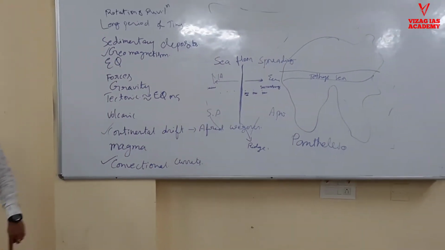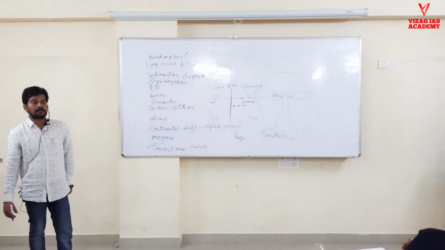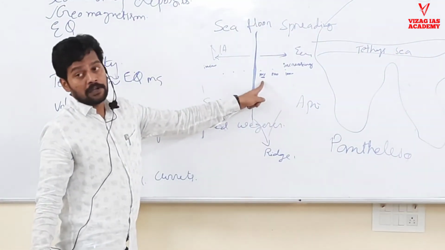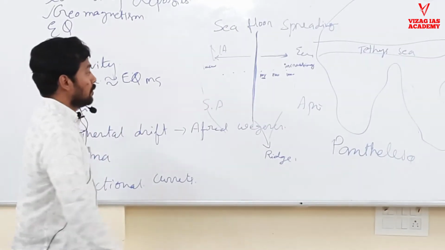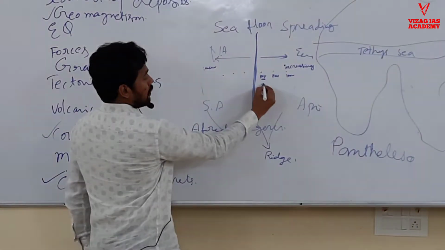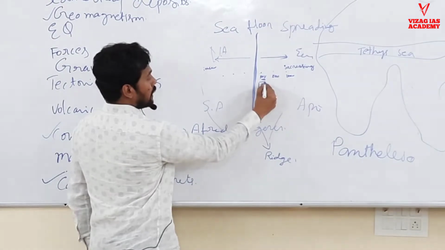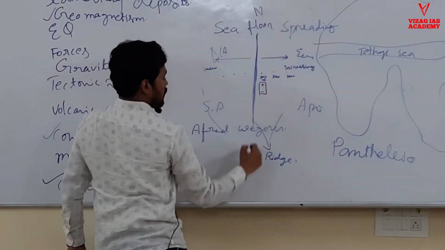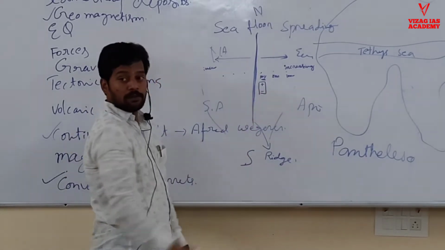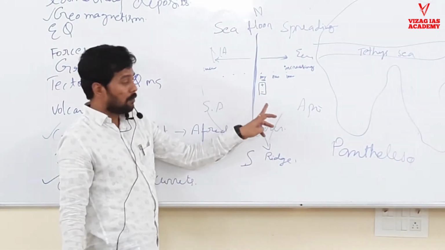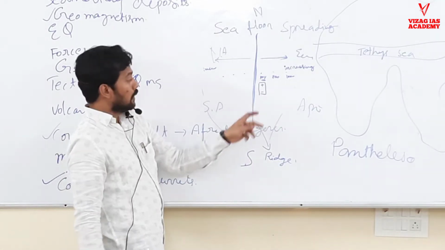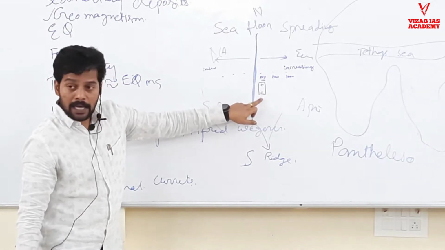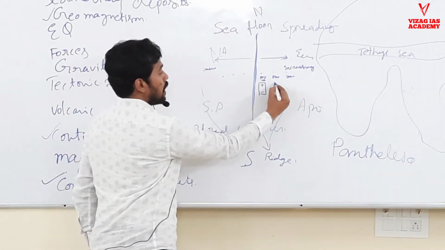Not only that, they understood a second point also. The magnetic polarity of these rocks is different. Let us assume here the rocks have this polarity, matching with this north pole, this south pole, positive meaning north pole, I mean magnetic north pole, magnetic south pole. If these rocks have this polarity, the next rocks do not have that polarity.